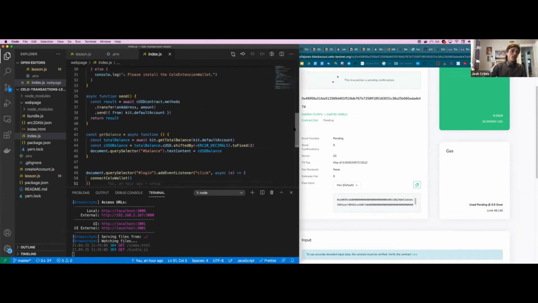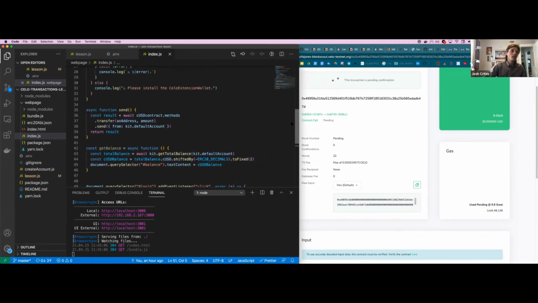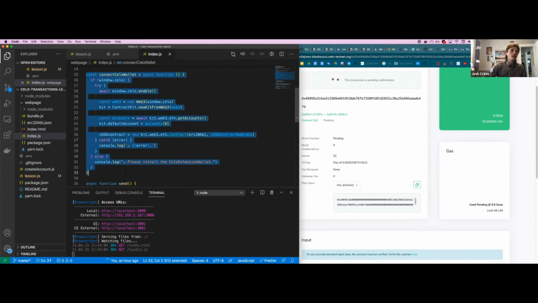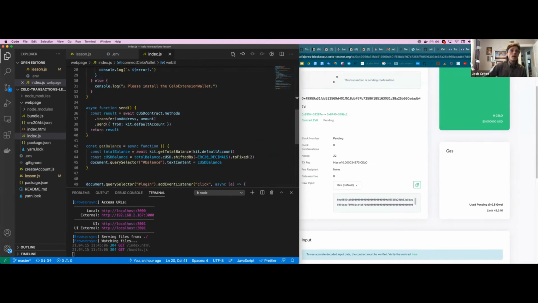The JavaScript for this web page is only like 50 lines, and essentially 15 lines of configuration. This is connecting the Celo wallet to your web page. You just get the provider, instead of being that Figment Datahub that we were using in the Node.js file. Our provider is now an injected Celo object from the extension. And then once we have that, the send function for clicking that button is essentially just this. I can say, the CUSD contract, I want to do a transfer, specifying to and the amount, and then